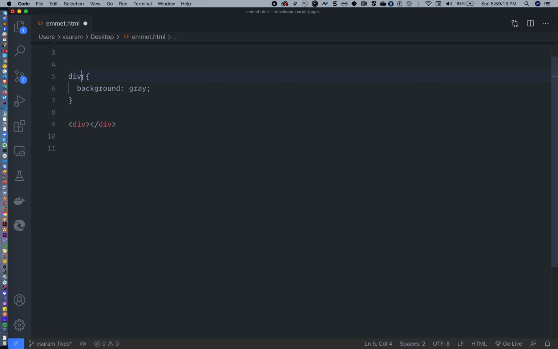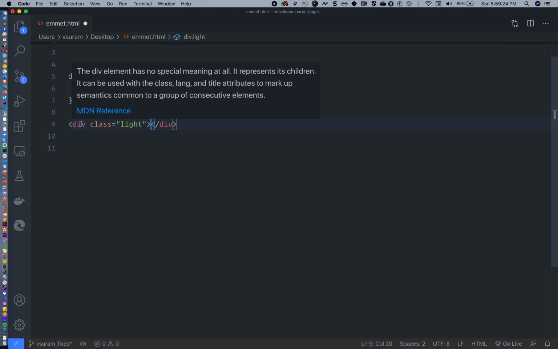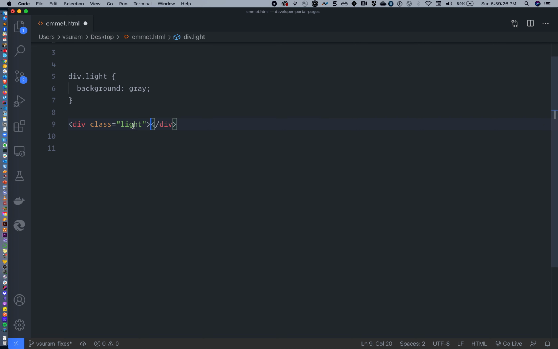What if div with a particular class light? Okay, then what I do is div dot light. That's all. It will create an element div with class light. So basically it is like a one-to-one correspondence with how we look at the selectors. If I want to create with some ID, let's say, what I do is div hash ID.